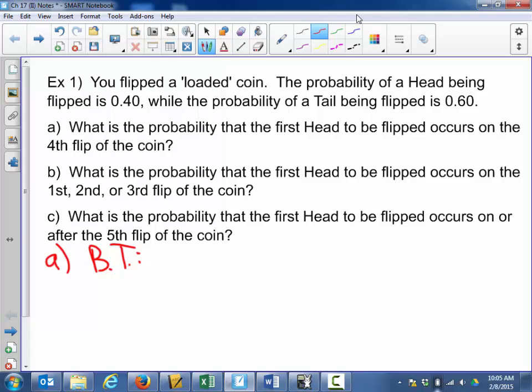Sure, even though it's loaded, one flip of the coin should not affect the next flip of the coin, so we have independence. And they're telling us this constant probability of success. Depends upon how you define success. Success could be flipping a head, success could be flipping a tail, but regardless, both are constant, so you do have Bernoulli trials. Okay, so let's define the random variable x to be the number of flips